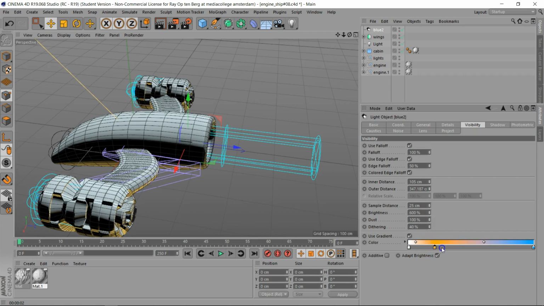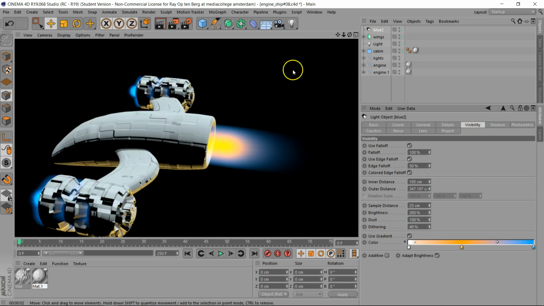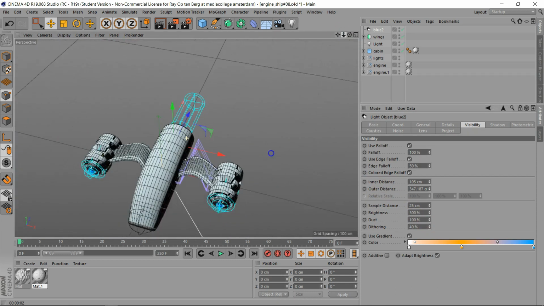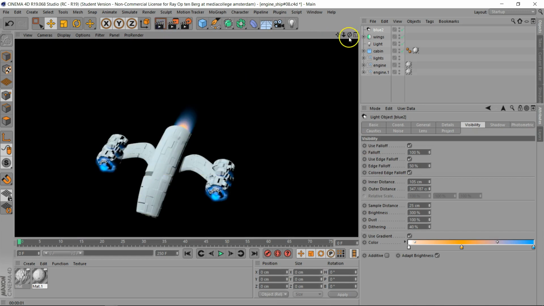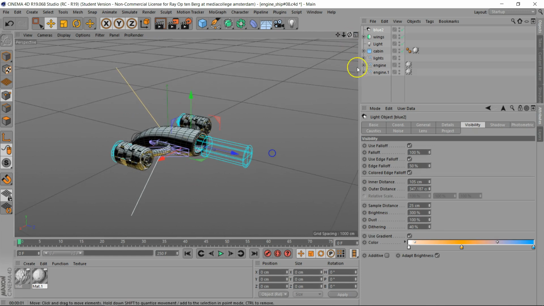Let's put the orange a little bit more in the middle and take this brightness down. 300 should be okay. That's the kind of thing I'm looking for. Right, so we got the thruster at the end, and maybe we can overdo it. Bump up this a little bit, inner distance, pump it up a little bit more,